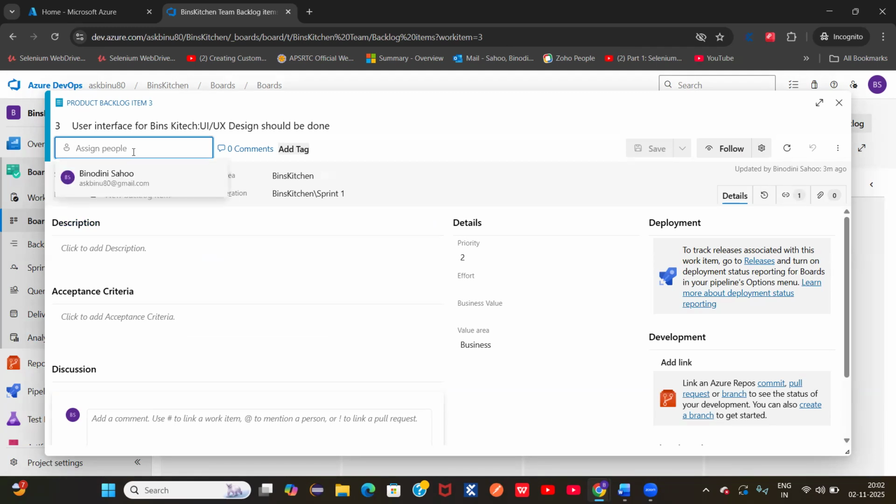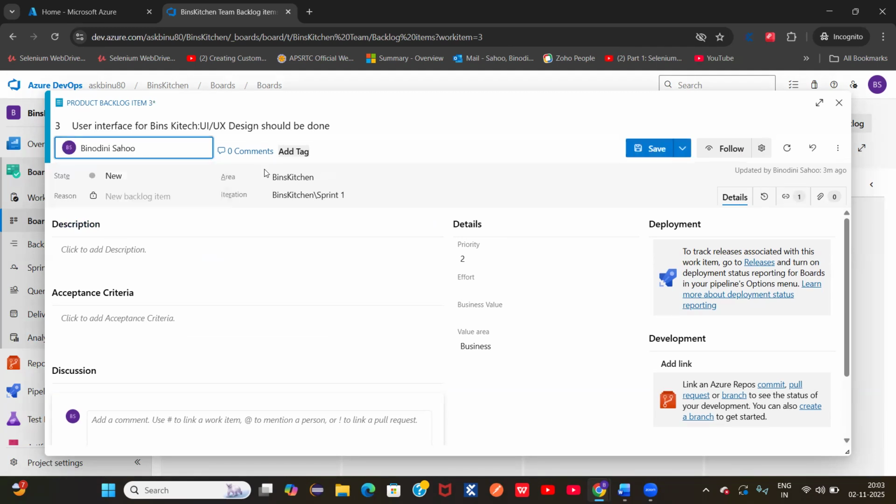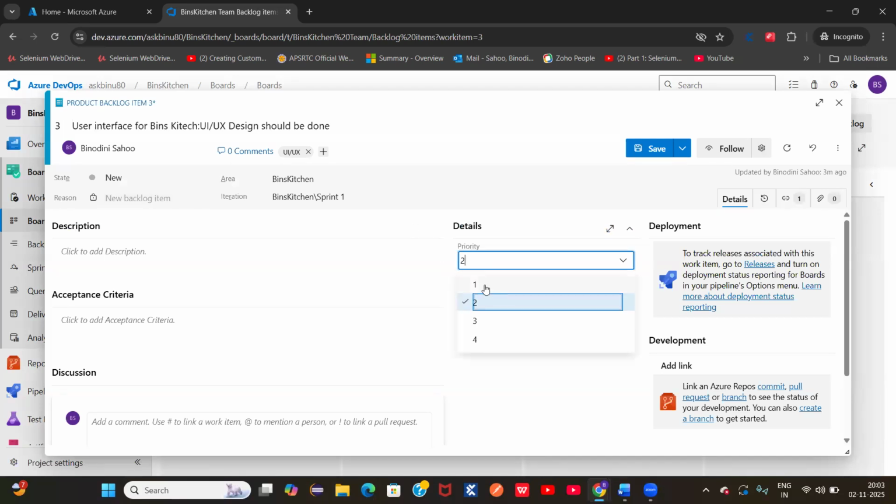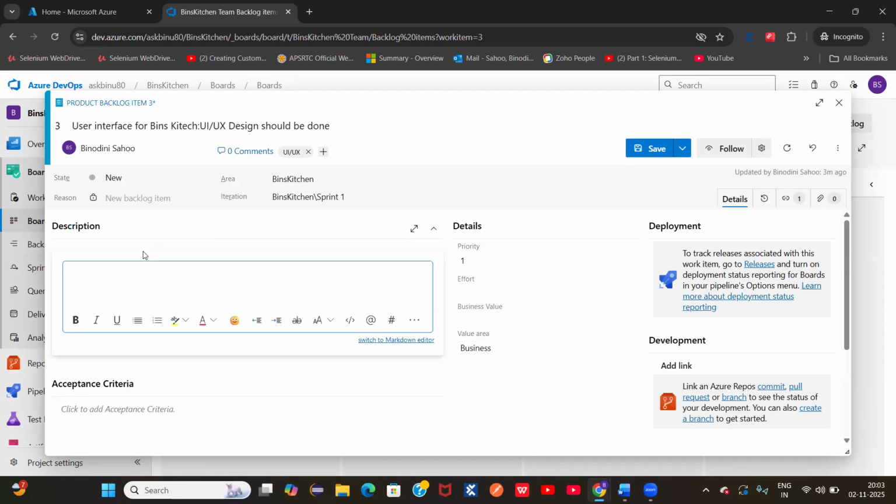So let's see whom we need to assign. We need to tag it as a UI UX user experience story. Whenever it is new, it is a new backlog item, priority put to 1. And in the description you can put directly that the UI UX is designed in such a way